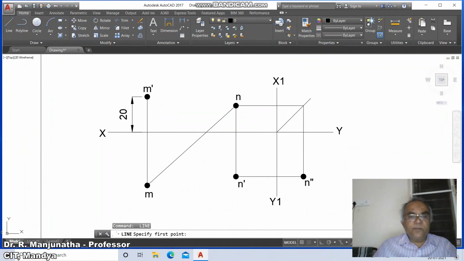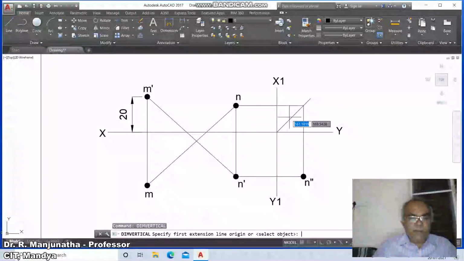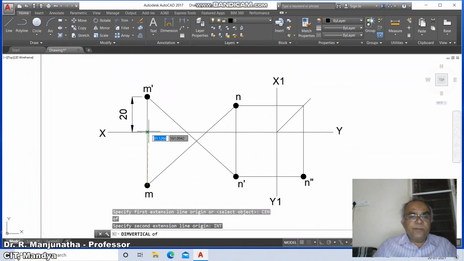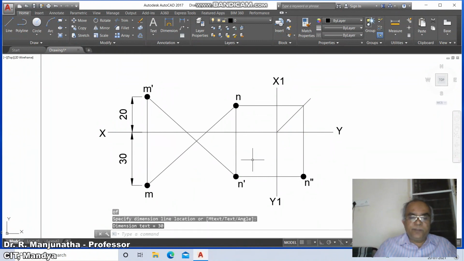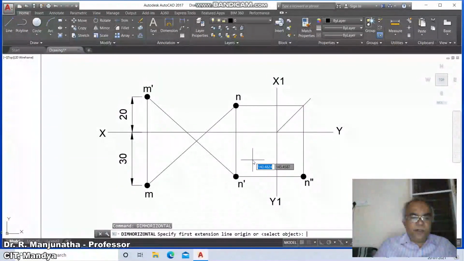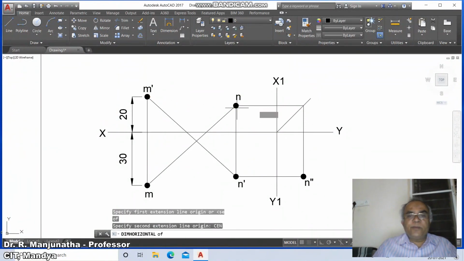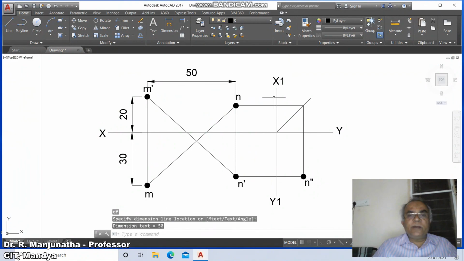Line, center of this line to center of this line. Then go to dim vertical, take center of this and intersection point of this. Make it 30. Dim horizontal, take center of this and the center of this. So here it is 50.